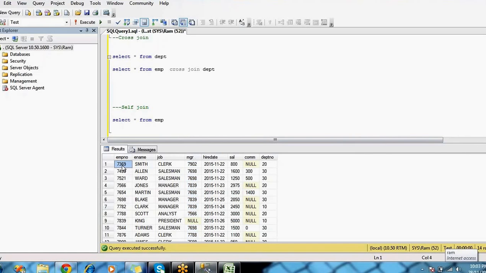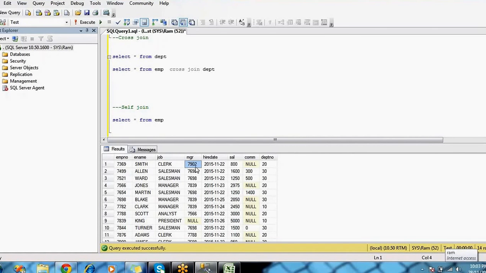For this employee 7369, the manager ID is 7902. This 7902 is nothing but the employee ID in this same table. So the managers and their employees are all in the same table. So employee number 7369's manager number is 7902.